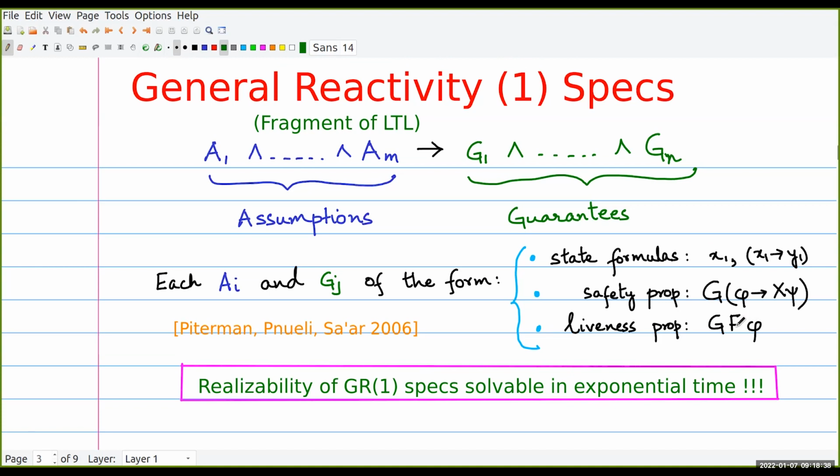So, if this has to happen at all points of time, then the only way this can happen is that phi must happen infinitely many times. So these are the three kinds of restrictions that you have on the formulas AI and GJ. And if your individual formulas are of this type and your overall specification is of this type, then